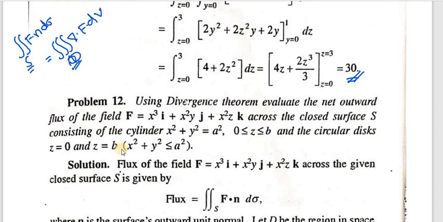So the region D is inside the cylinder x² + y² = a², and the value of z should vary from z = 0 to z = b. So firstly we have to find the divergence of the given field F. Del dot F is equal to ∂/∂x of x³ i plus ∂/∂y of x² y j plus